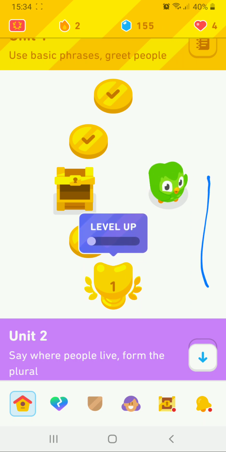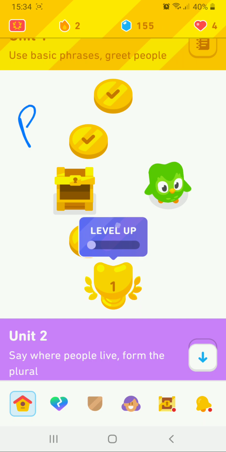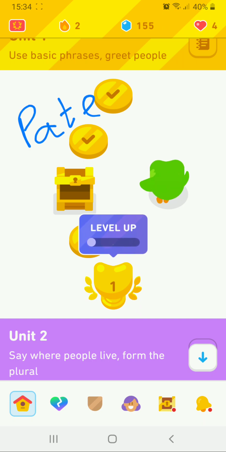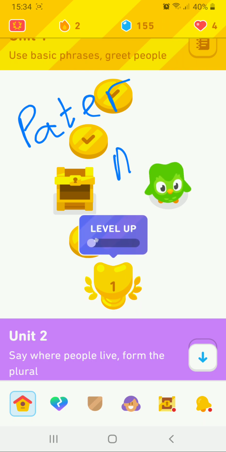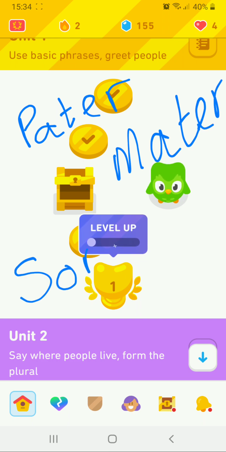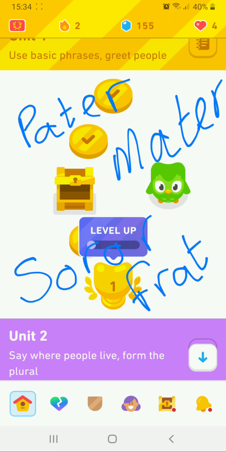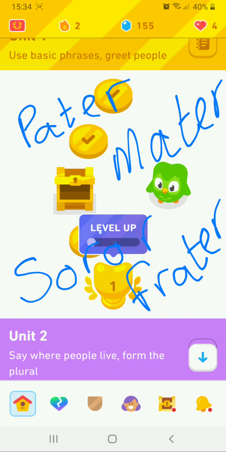I can use this to write. So we know how to say father. It's pater. Sorry for my writing, not very elegant. Mater. It's mother. Soror. It's sister. And frater. So we know